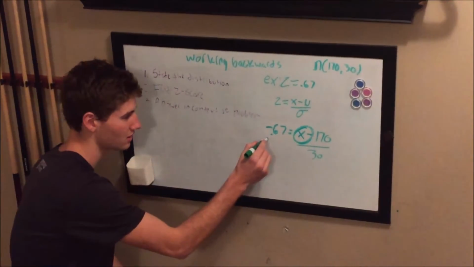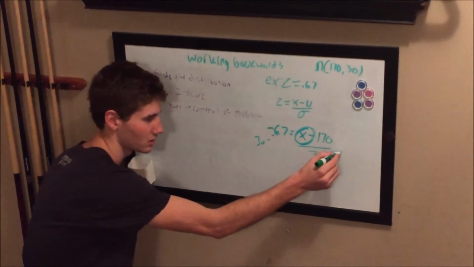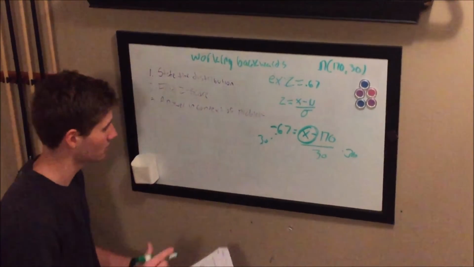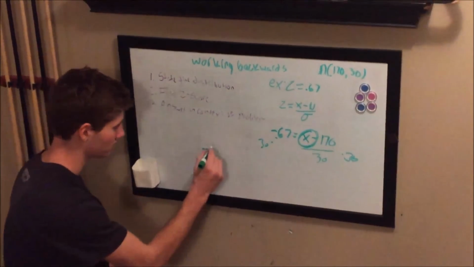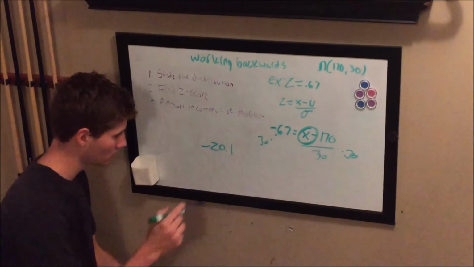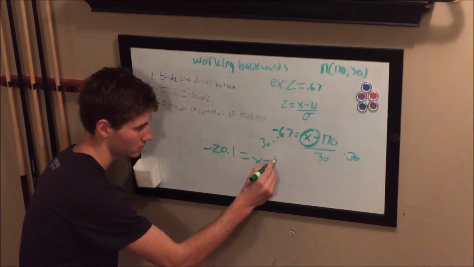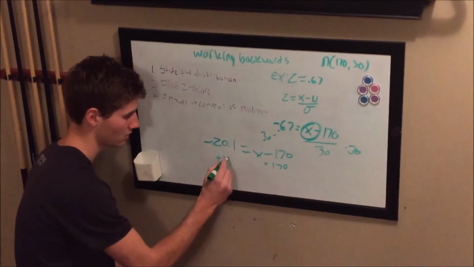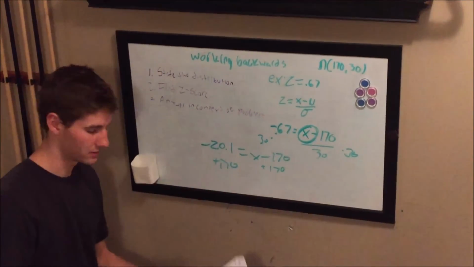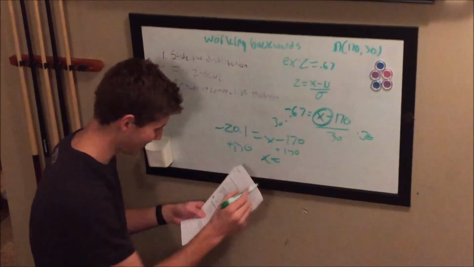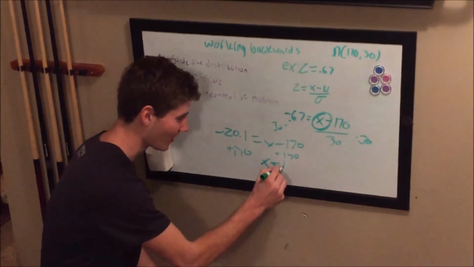First we multiply both sides by 30, which equals something. And then we add 170 to both sides, which equals